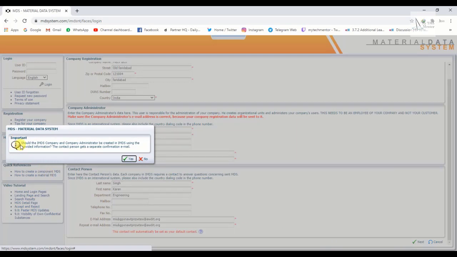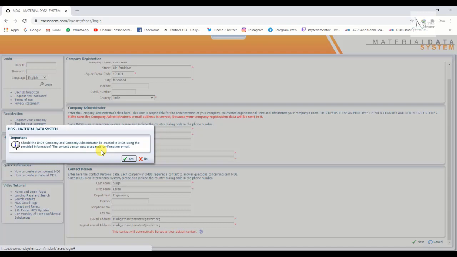Important notice: should the IMDS company and company administrator be created in IMDS using the provided information, the contact person gets a separate confirmation email. Okay, here is the information given to us.